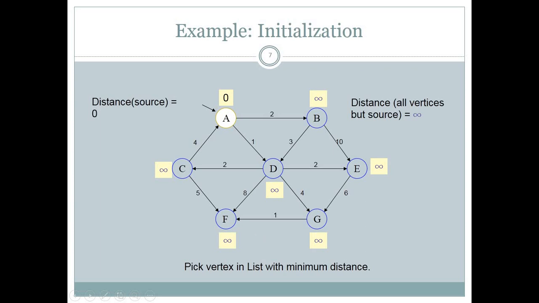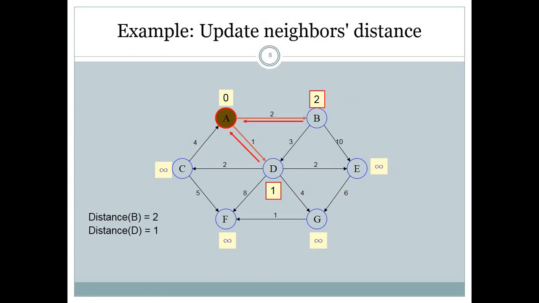So we will find the distance from A to B, A to D, A to C, A to F, A to G, A to E with the shortest path. Okay, so that is our example that we will have to solve. So let's start. If we find a direct path from node A to all other nodes, then we will find only two nodes, B and D.